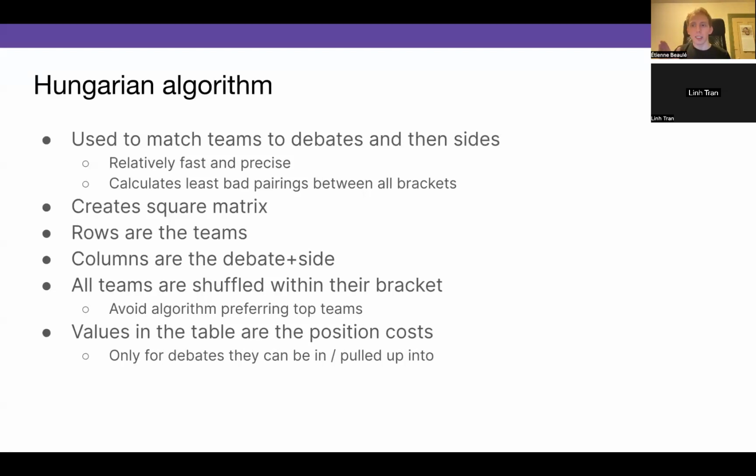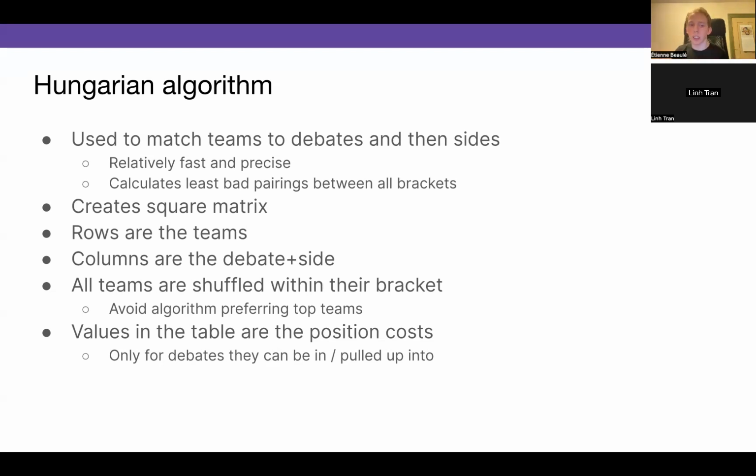Now, our predecessors like Tabbycat 2 didn't use the Hungarian algorithm. What they used was called simulated annealing, which means they made a random or semi-random draw within the brackets, and then tried to see if we make this change, will it be better or worse? If you just continue making random changes, eventually you get something passable,